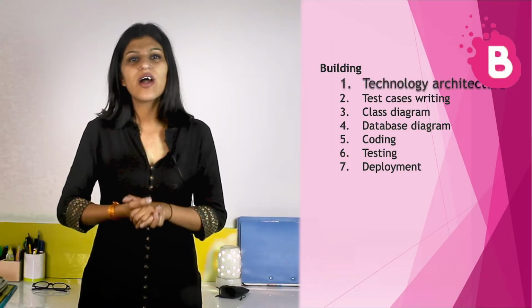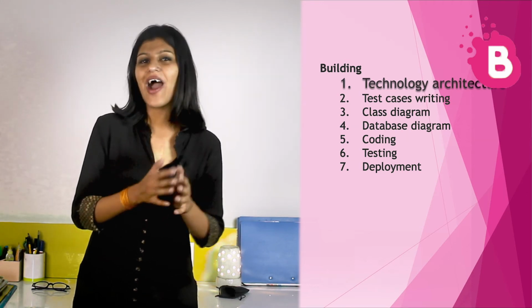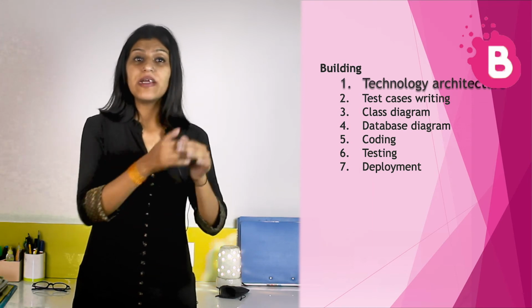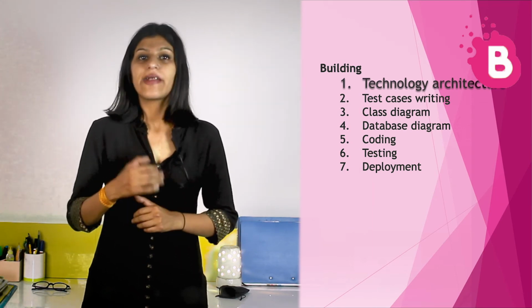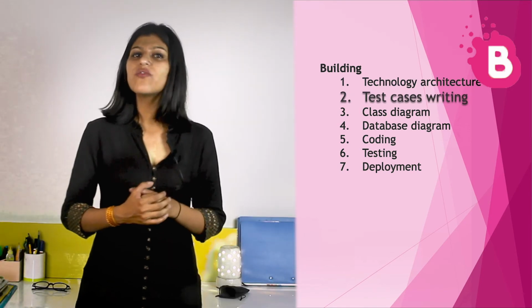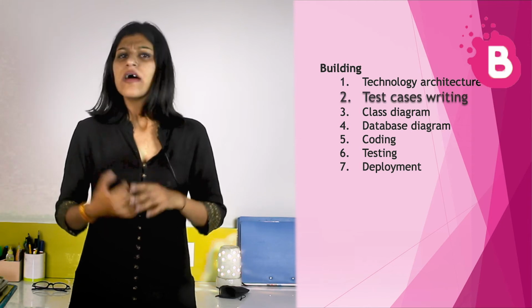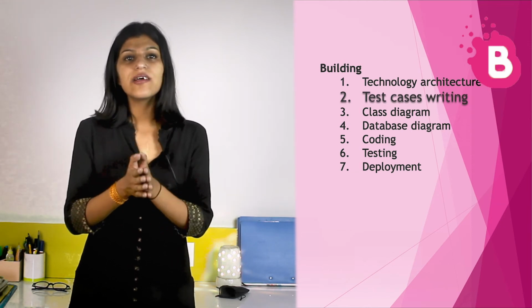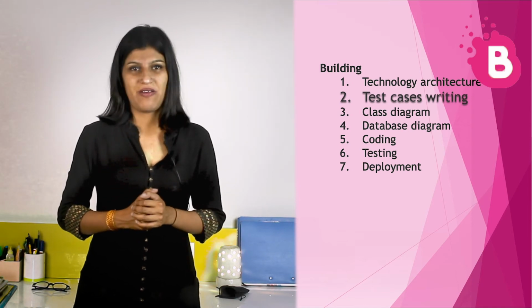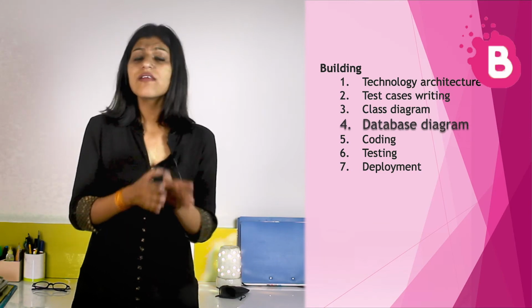Building involves software architecture, which details the significant components, their structures and how they interact with each other. It meets all technical and operational requirements. It involves test cases, where testers write test cases for possible human errors and developer errors. The tester, designer and project manager use this application in their services for a better user experience. It also involves class diagram and ER diagram. This step is essential for a robust and high quality product.